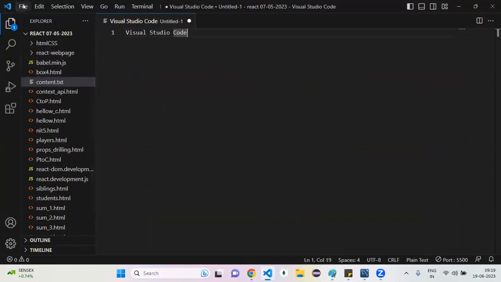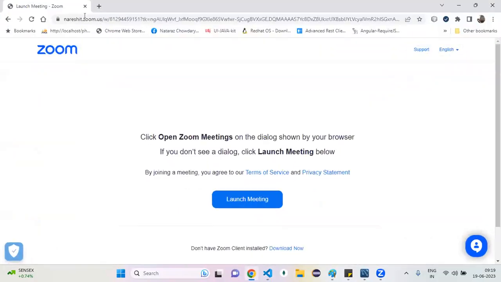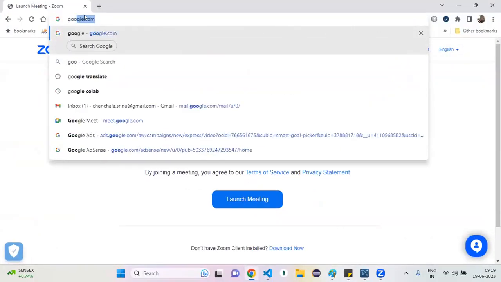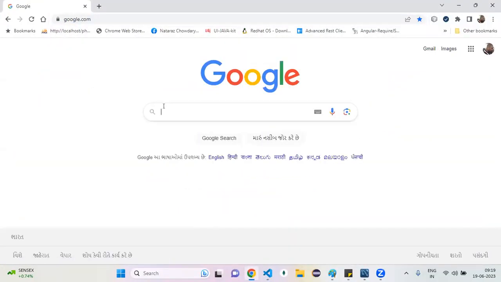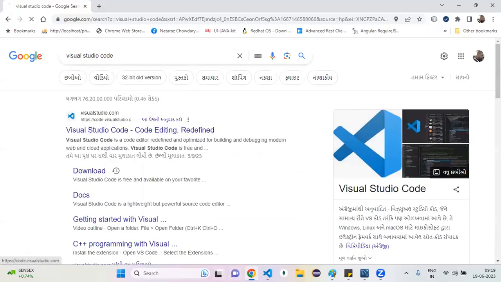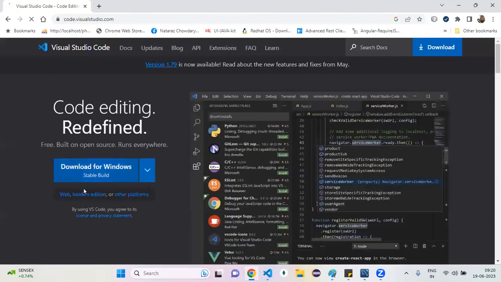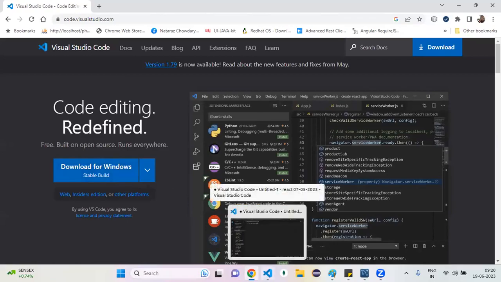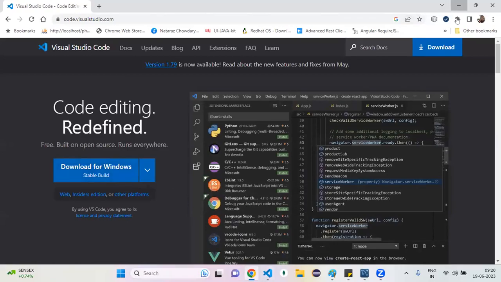From where can you install it? Go to google.com and type Visual Studio Code. The first search item, if you observe, is Visual Studio Code. Click on that first search item. You can download it and install it. Once you install it on your machine,